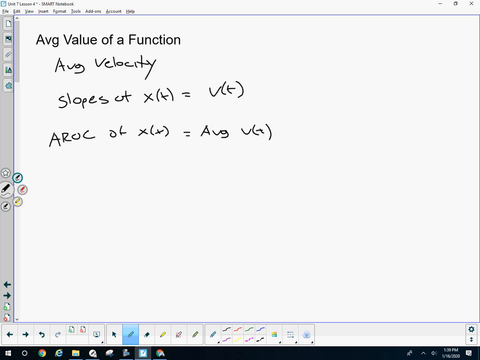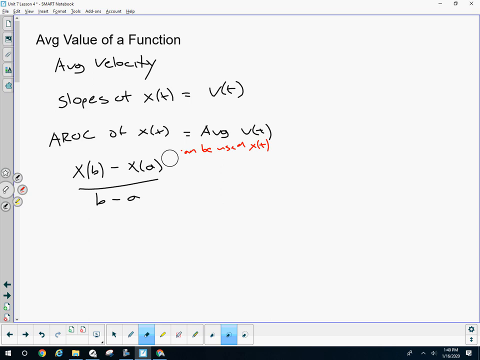We talked about average rate of change being slope of secant, so it's y2 minus y1, using position, over x2 minus x1. And this is great. We can use this. If I have x. But here's going to be our situation. This is not very quick to do. Sometimes it involves a lot of calculations, even with a calculator. And sometimes you're going to be given v,